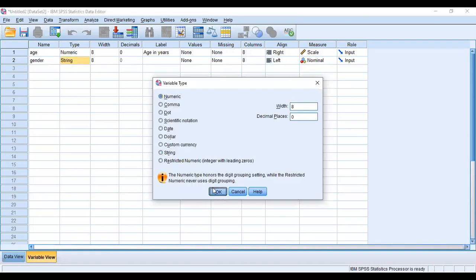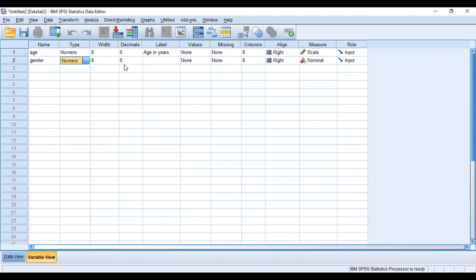How? Let me show you. Width is the same, decimal we don't want. Label is simply where you write male, female. Label is just the name you use for your convenience. Now, when we make it a numeric variable, we have to do something in the values tab.